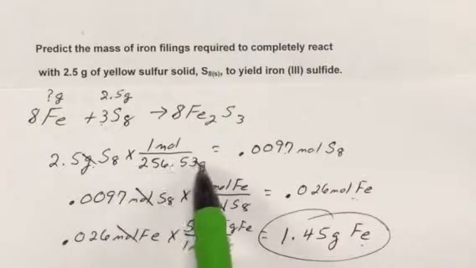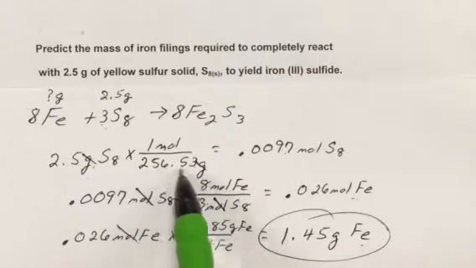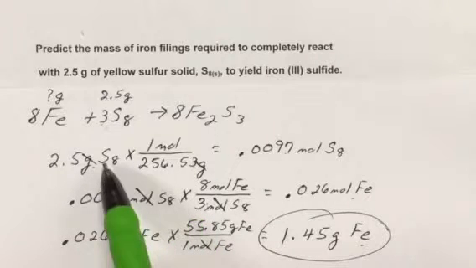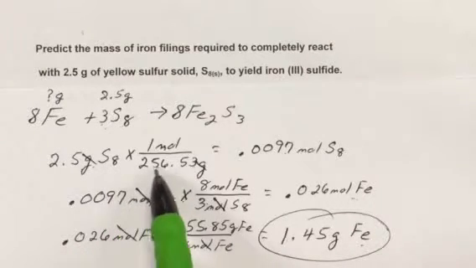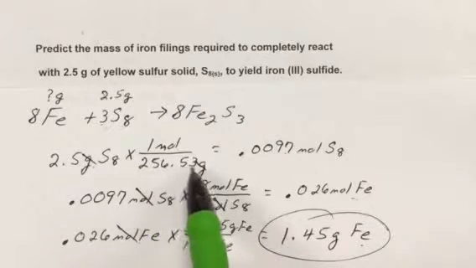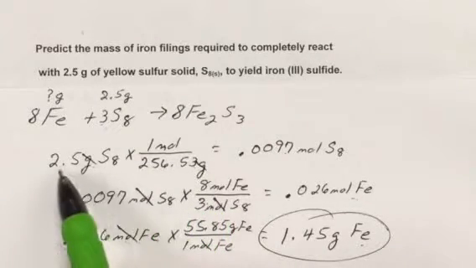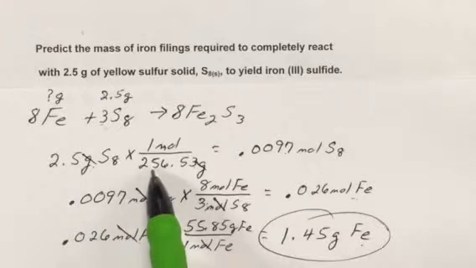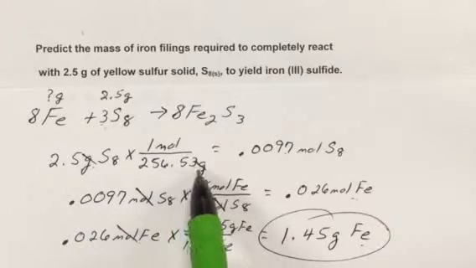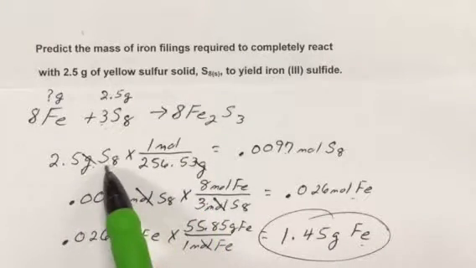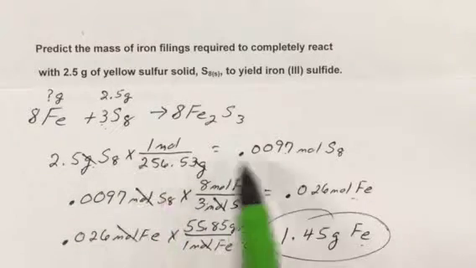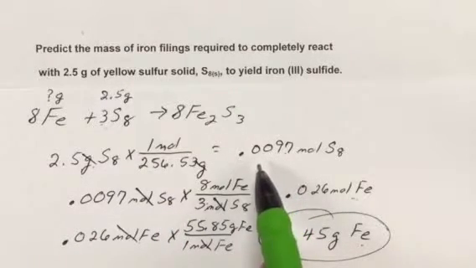We're going to divide by the molar mass. Now this comes right off of the periodic table. I added up 8 moles of sulfur. Just take the molar mass of sulfur and multiply it by 8, and you should get in the neighborhood of 256.53. Now, I divided the 2.5 by the 256.53 to tell me how many moles of S8 I have. And that answer came to be